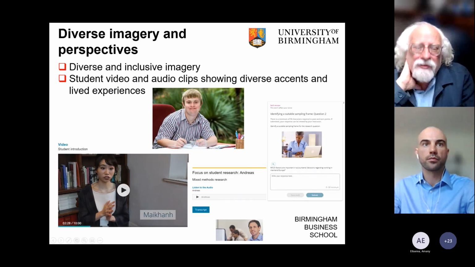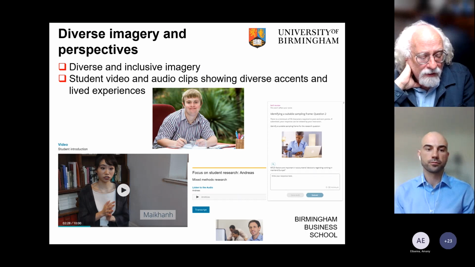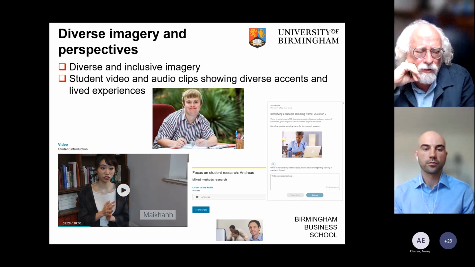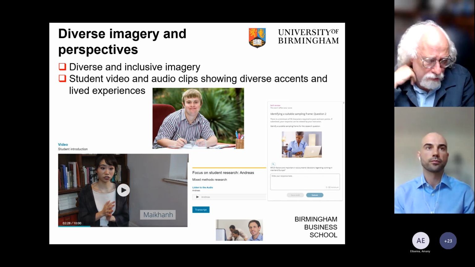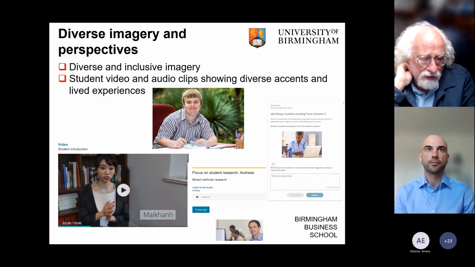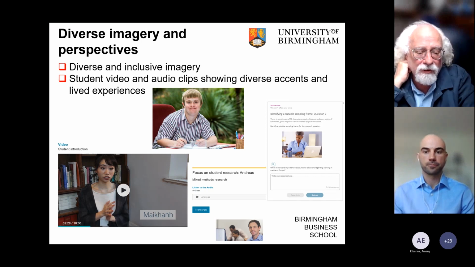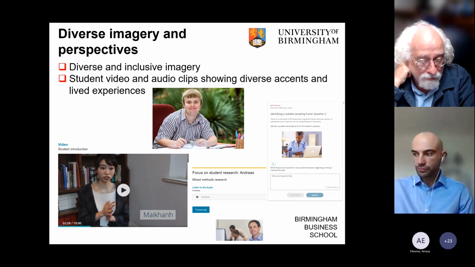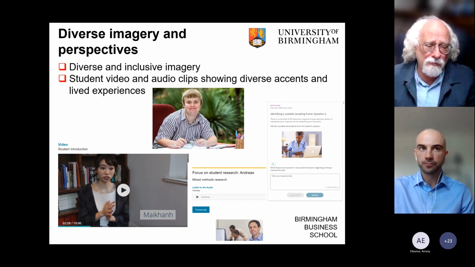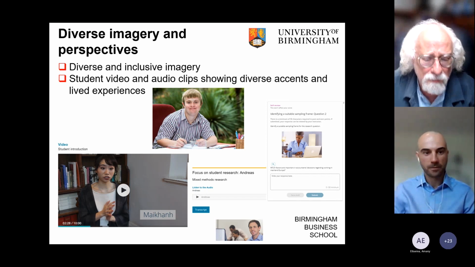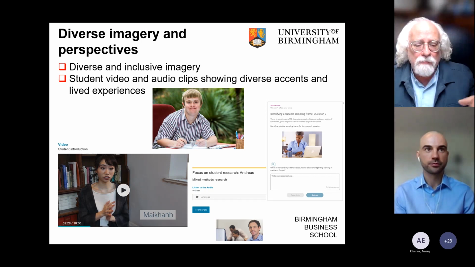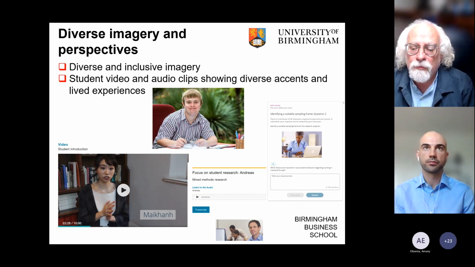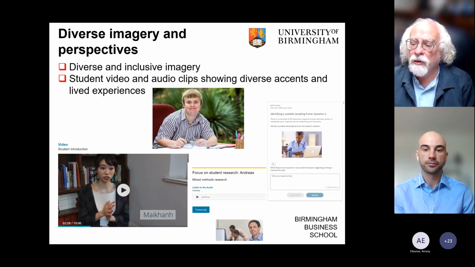And then building on what we've done in the book in terms of when we talk about names of people, we've included quite a lot of videos and extra illustrations in the online side of things, and we've made sure that we've got diversity and inclusivity within this. So if we look down on the left hand side, we've got Mika, who's just talking about her master's research project there. And as you can see, Mika talks a lot with her hands. She's one of my ex-students. Absolutely fantastic piece of research as well. And then we've included things like in the top right hand side, identifying a sampling frame, question 2.